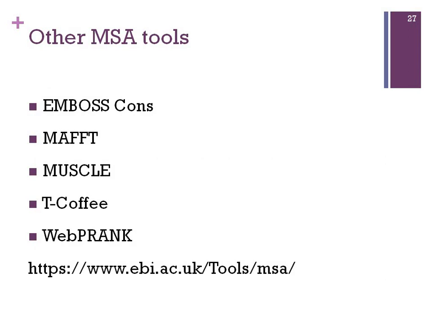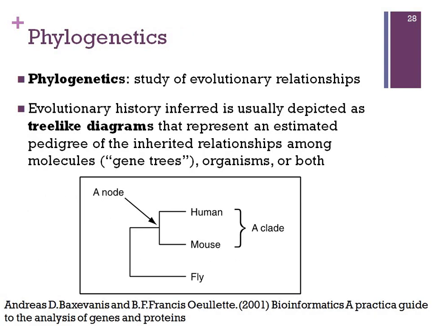Other than Clustal Omega, there are other tools like EMBOSS, MUSCLE, T-Coffee, which can also be used to perform MSA. Again, these tools can be easily accessed through the EBI website. Once we understand MSA, it is easier to understand the next type of analysis, which is phylogenetics. Phylogenetics is the study of evolutionary relationships, where you can represent that relationship in the form of tree-like diagrams.